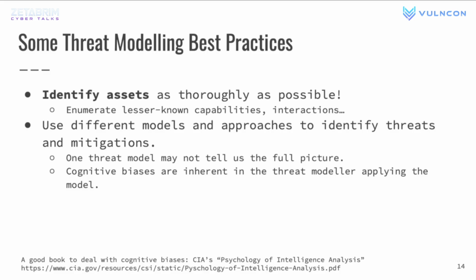right, is that we sometimes use different models and different approaches to identify threats and mitigations. The reason for this is because one threat model may not tell us the full picture. To give you some context, for example, STRIDE, very easy to learn, very easy to pick up, and you can find resources on STRIDE everywhere. The trouble is that STRIDE doesn't really tell you how things can go wrong. So if you look at